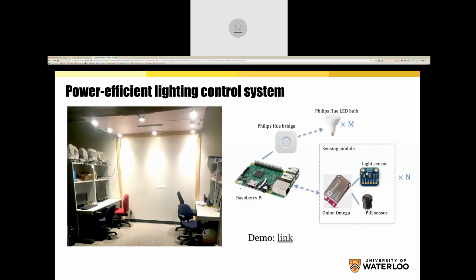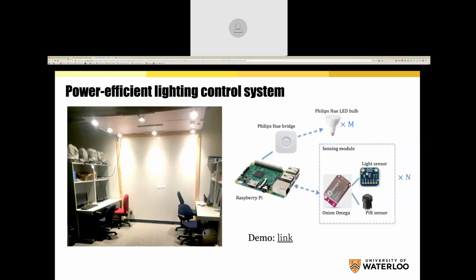So the way we do it, I'll show you first a picture of our lab. That's our lab, and we have over here a false ceiling that we built, and it has over here 8 LED lights, and these are all Philips Hue lights, which look like this. There's M of them. In this case, M is 8, and then these shared workspaces are the 4 workspaces over here, and on this is our measurement unit. It's just a small Onion Omega single board computer with a light sensor and an occupancy sensor. And all of these are reporting to a controller, which is a Raspberry Pi, which is actually this box right here that I'm circling. And that controls something called the Philips Hue bridge through a software API, and that controls LED bulbs. So we can control this over here.